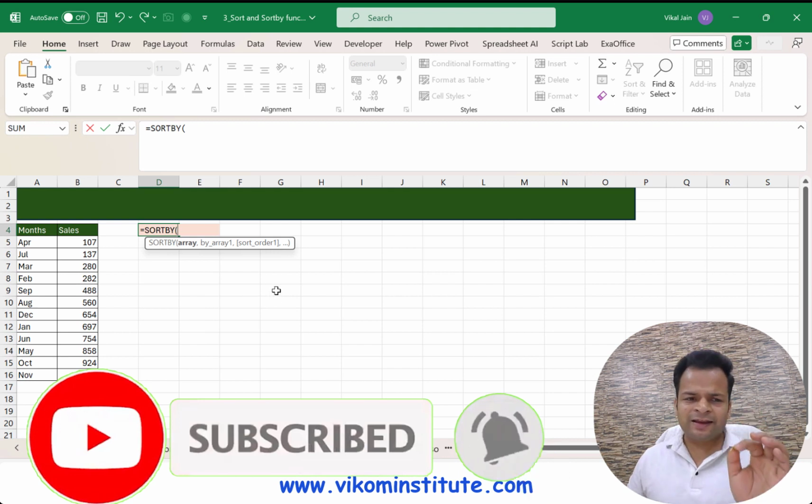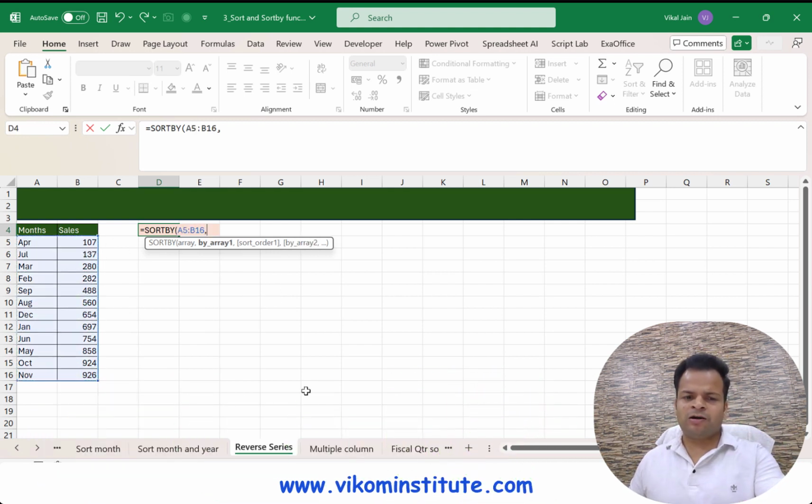So array, I'm going to select it. I'm ignoring my headers, comma, by array. Now here we need to build a sequence, means here we need to take 1 to 12 because we have 12 months here, and we will put descending in the third argument.